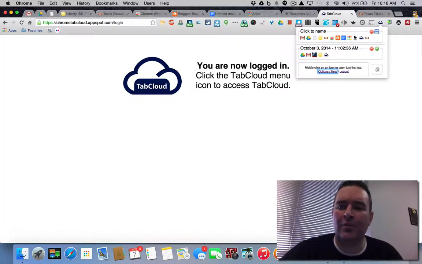It could become tedious if you have quite a few of them open. And so what you might want to say is this is a certain type of lesson for the day, and you could save all of these tabs the way they are, and when you open your TabCloud the next day, it would be saved in a list here. As you can see, I have a list of items here, and I'm going to go ahead and click on this. Back on October 3rd, I saved this combination of tabs that were open, and I'm going to click on it. I'm going to add it,